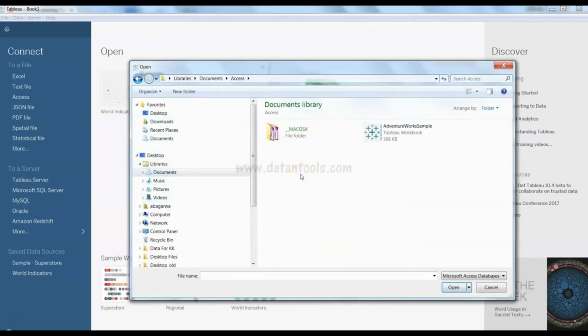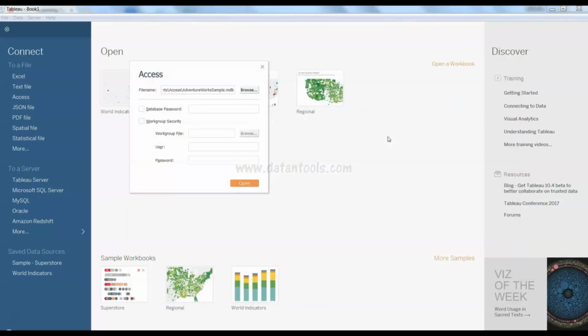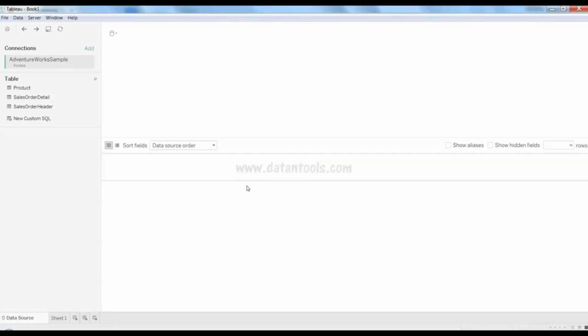For me, the data is present in Access, and the AdventureWorks sample is what I want to use for this demo. If there is any password, you can supply the password. And if there is any workgroup security related to it, then you need to provide that. Since this is a sample file and it is on my local system, there is no password or workgroup security, and I can simply go ahead and open this. Once I open this, it shows me all of the tables present in this database,